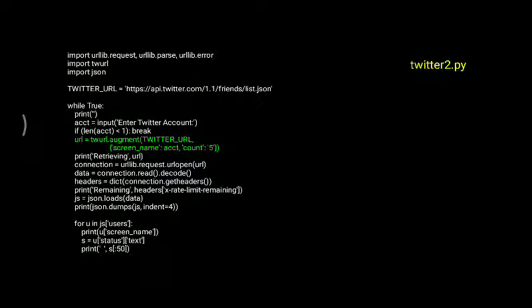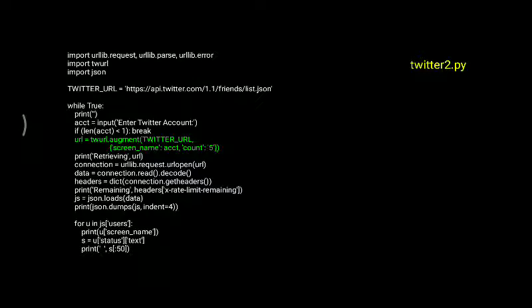We'll be writing something else. We have to put it in a while loop, an infinite loop, while True. We'll print a blank line. Then we have to enter the Twitter account: account equals input of 'Enter a Twitter account'. If the length of account is less than 1, we simply come out of the loop. Otherwise we mention url equals twurl.augment. Augment means we have to authenticate using this; augment is a method returning twurl.